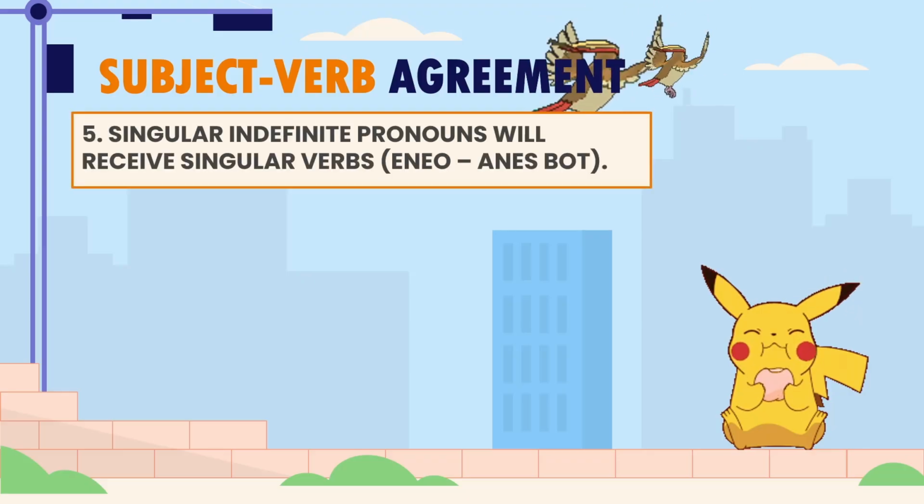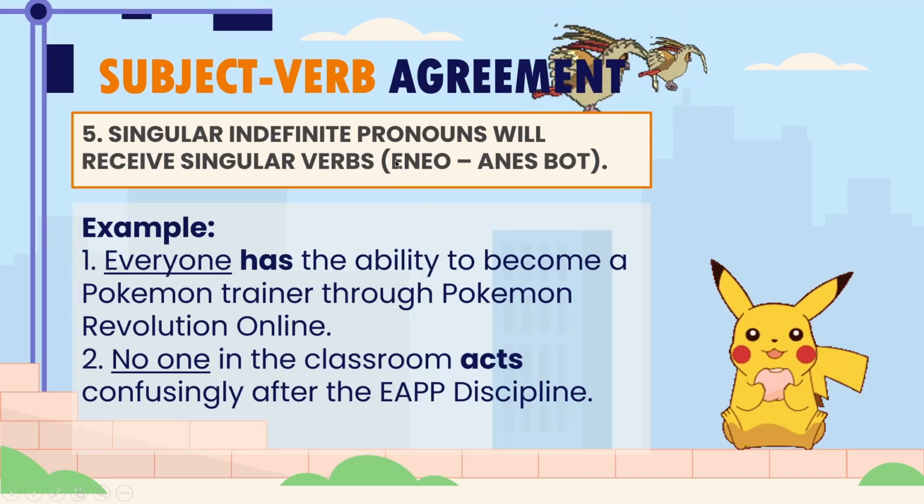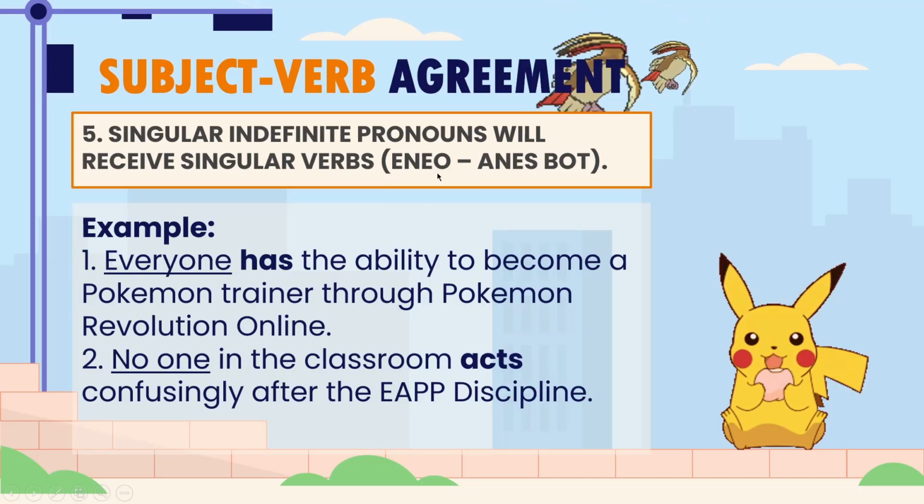So for our fifth one, we have singular indefinite pronouns will receive singular verbs. So meron tayong abbreviation here para mas madali mo siyang maalala. Okay, may acronym tayo dito na Eneo, Anes, Bot. So, yung Eneo na yan ay